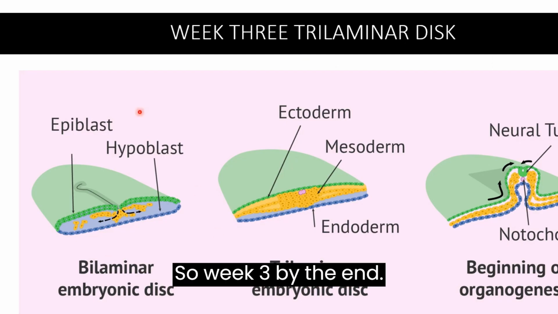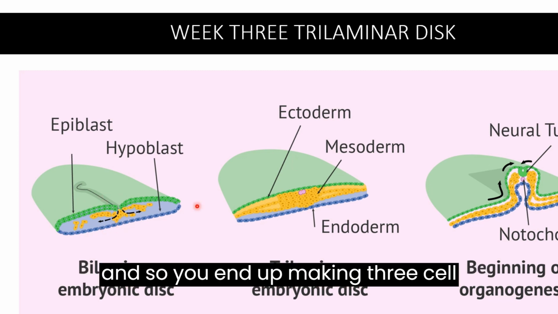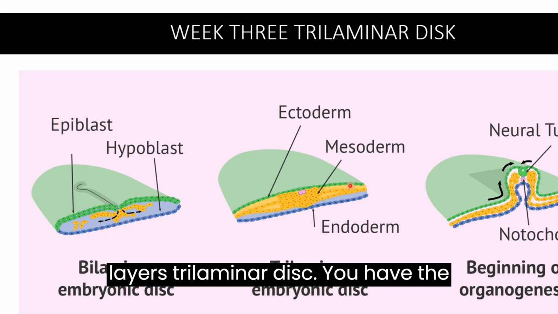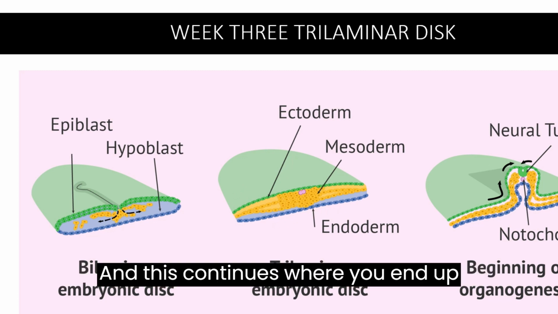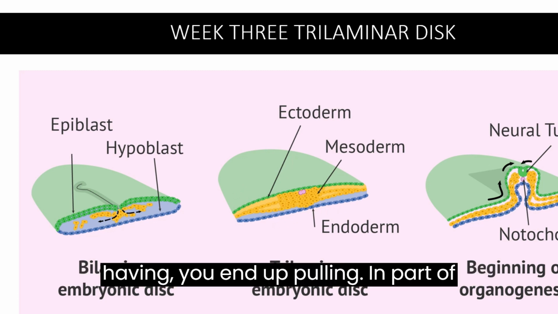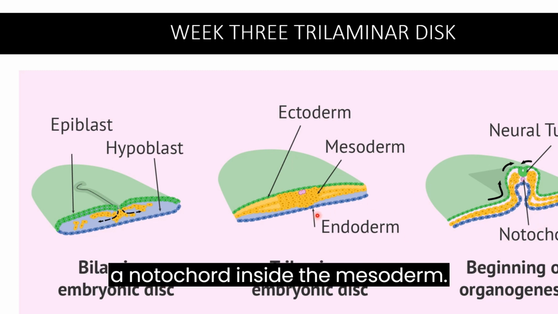So week 3, by the end, cells from the epiblast come between the epiblast and hypoblast, and so you end up making 3 cell layers, a trilaminar disc. You have the ectoderm, the mesoderm, and the endoderm. And this continues, where you end up pulling in part of this. You end up forming something called a notochord inside the mesoderm,